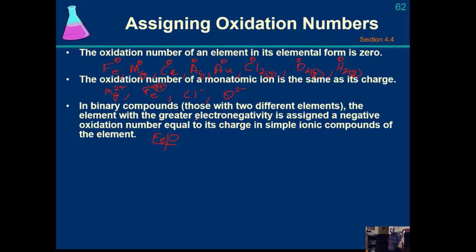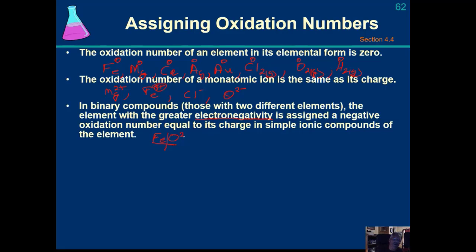Electronegativity is a word that describes the propensity for a substance to acquire electrons. Non-metals love to gain electrons. That tells us that oxygen is more electronegative than iron, because iron would really like to give up its electrons. Oxygen wants to gain electrons. That means it's more electronegative, so we're going to give it its charge in simple ionic compounds, and that charge